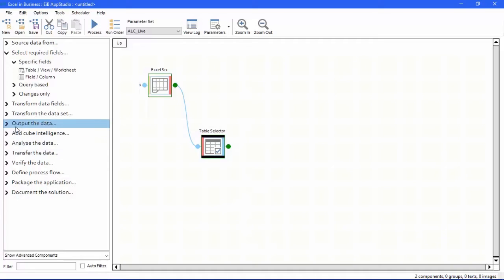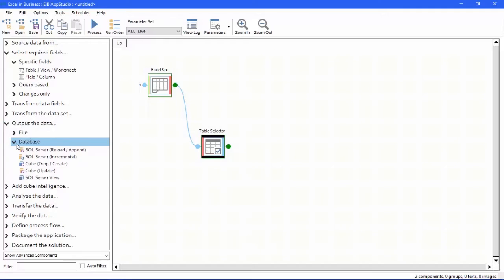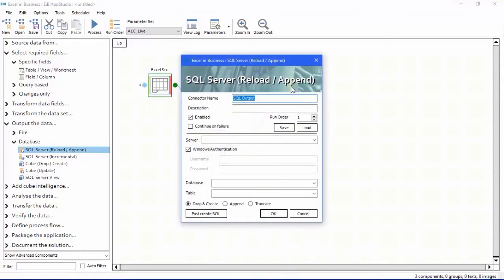So how would we do that here? I need to output the data, and I want to put it to a database. So the first thing I'm going to do is create a SQL Server data warehouse. By double clicking on here, it now creates the SQL Server warehouse object, and this is where I obviously have to know some information. I have to know the name of the server that the information is stored on, and I have to know my credentials. Obviously your IT department are not going to just let people willy-nilly create SQL Server databases, so I have to know my authentication details here,